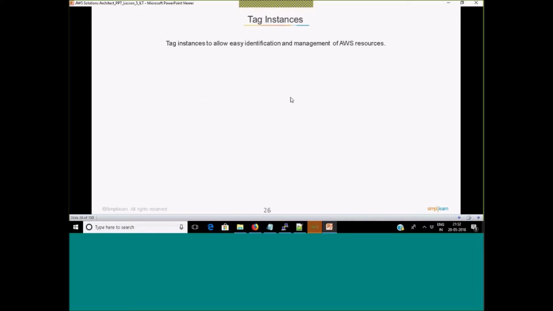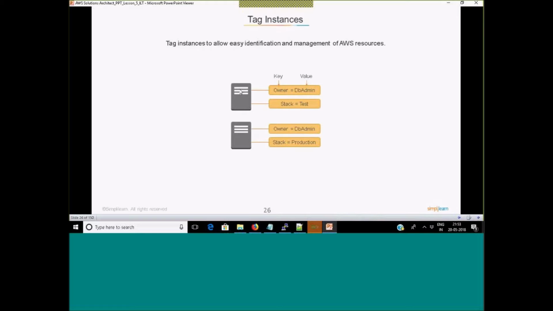Now tag instances. Tagging is an important part, as you have seen since yesterday. I created a VPC and tagged it, and then I did subnet tagging. So tag is an important thing. It's better you should tag. A tag is nothing but a key-value pair. Okay, you can specify the key name. I was using the key as Name, and the value as whatever name I wanted to give. But if you want, you can use any key. You can use Owner as your key, and then the name of the owner. Okay, so it is like variable equal to value kind of thing.